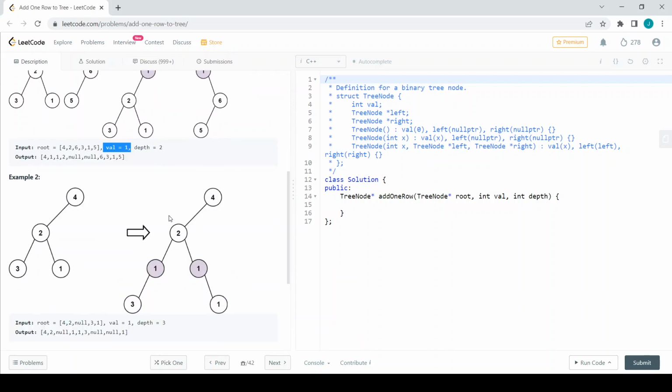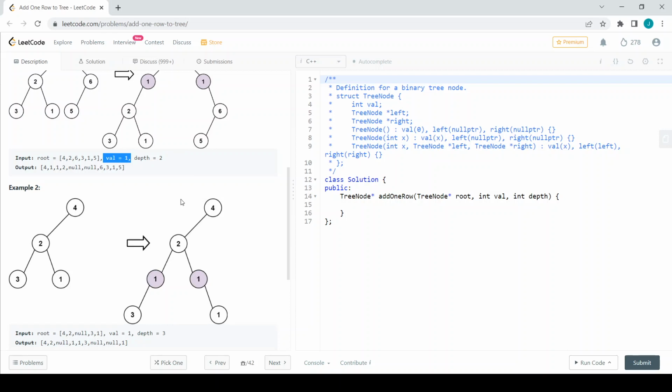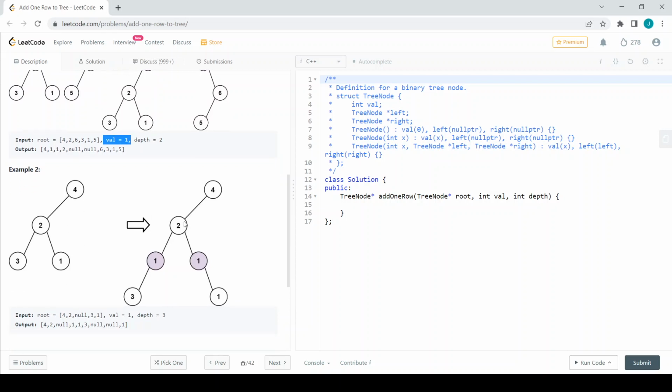How can we solve this problem? Hope you understand. Here the depth is 3, so 1, 2, 3. In this depth we have to create one row, so that is depth minus 1. Go to this depth. At node 2's left, we have to create one node with value 1, and the new node's left is this 3. And at 2's right we have to create one node, and the new node's right is this tree. So hope the explanation is clear. So now let us